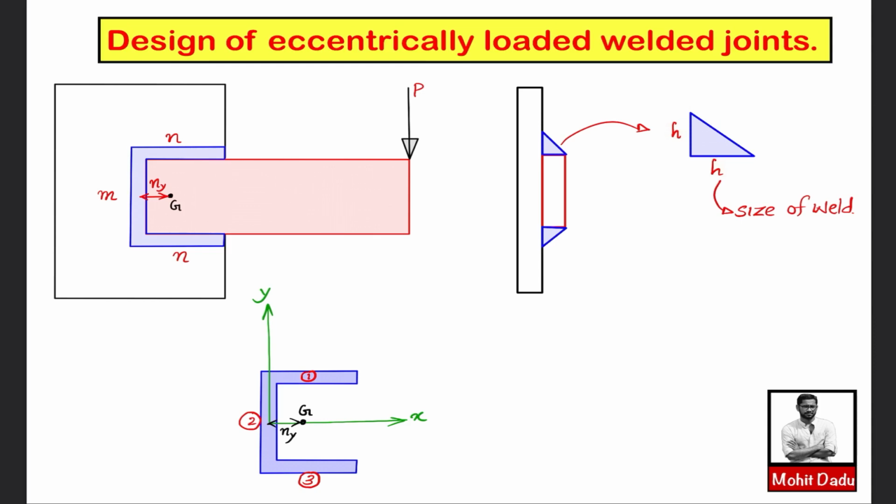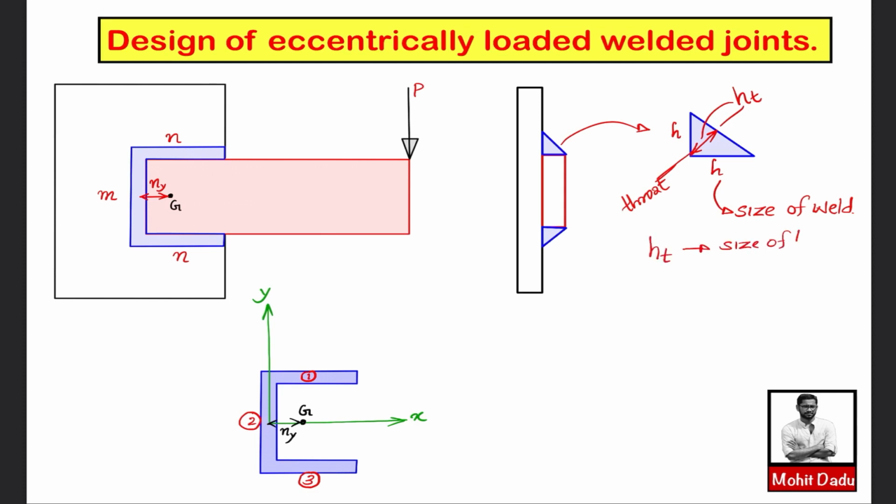Whenever designing, there will be an area that is known as the throat area, which is actually the weakest area. If you are analyzing different planes and measuring this distance, it will be equal to h, and if you are measuring this distance, that is also h. But if you take a section at some plane, there will be a distance across this section such that this height is the minimum, and this size we will call ht. This section is known as the throat section, and this ht is known as the size of the throat.